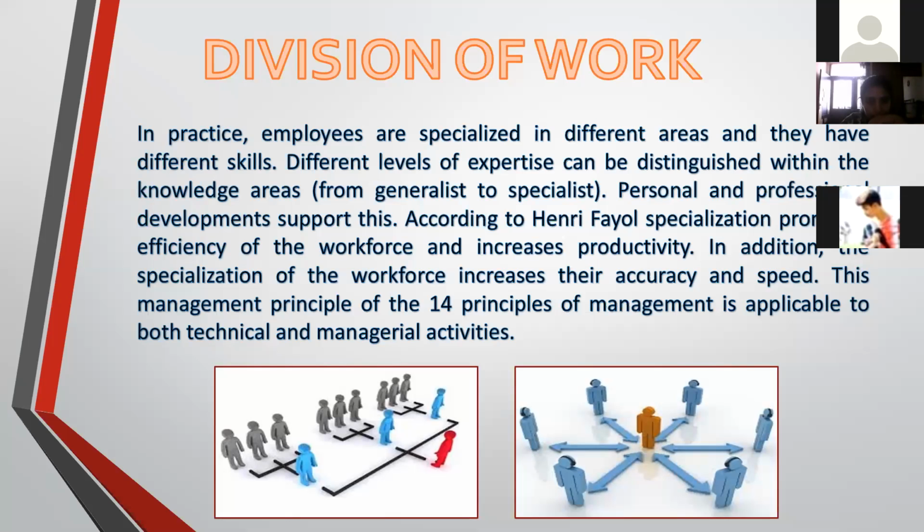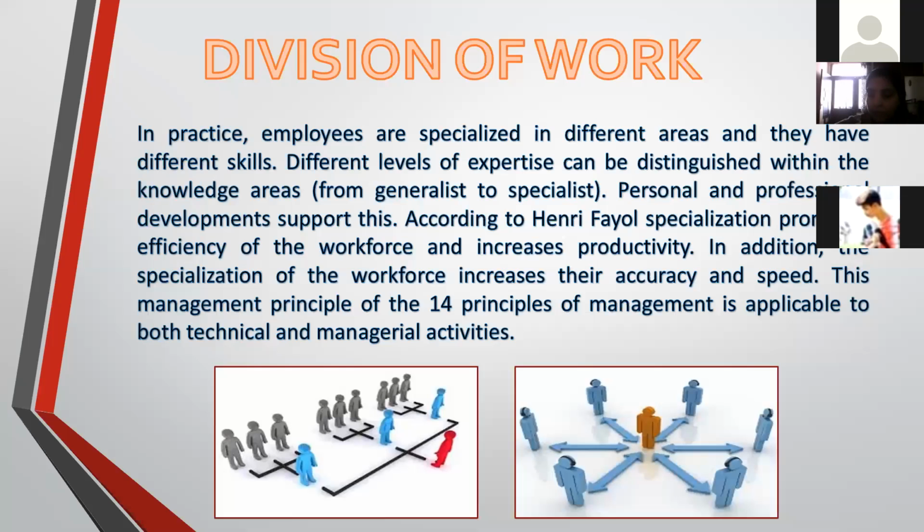So let us understand it more clearly with an example. Suppose there is a company known as Zeal Limited, a company dealing in fast moving consumer goods. The various jobs may be divided into separate departments like, as we all know, production, finance, marketing and human resource. The work in each of these departments is assigned to employees according to their potential so that the work is carried out in a more efficient way. And this will also promote speed, accuracy, as well as facilitate the growth of the organization.